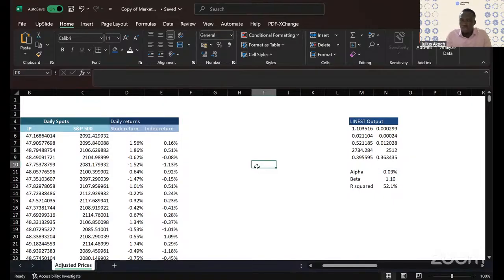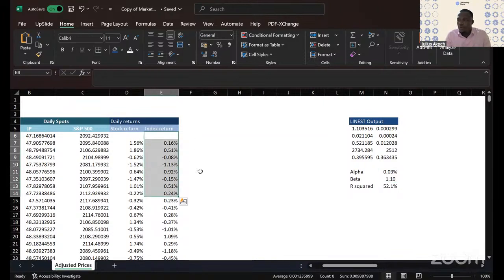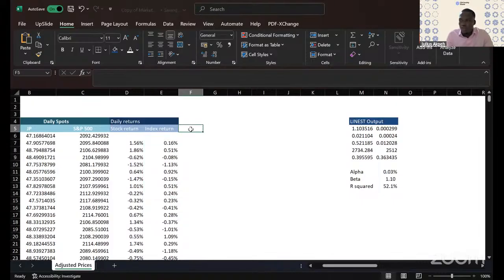Now, what we are going to do is use this model, the alpha and beta here in the model, and use that to predict what the return should have been. So let's look at that quickly. What should have been the return? I'm going to call this y estimate